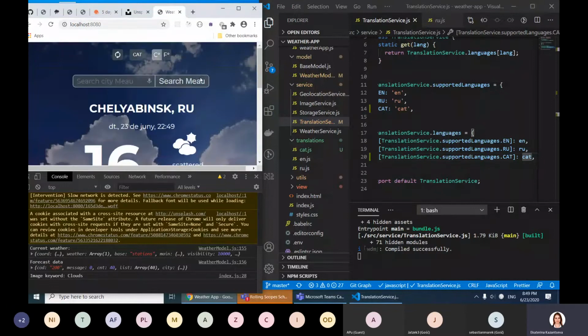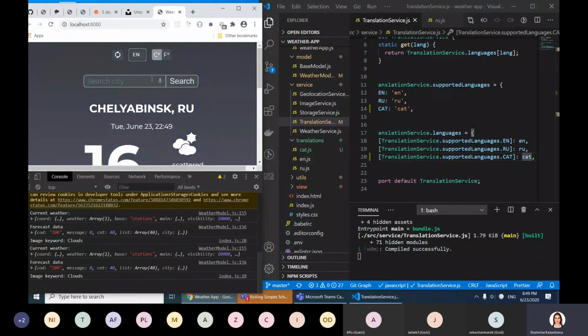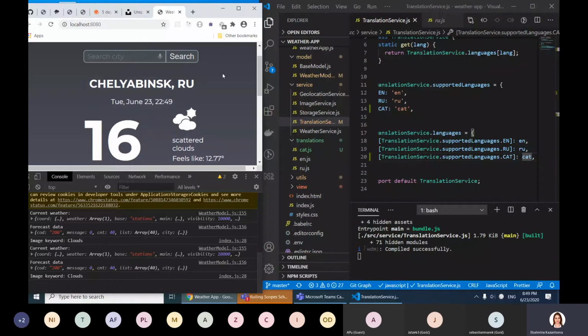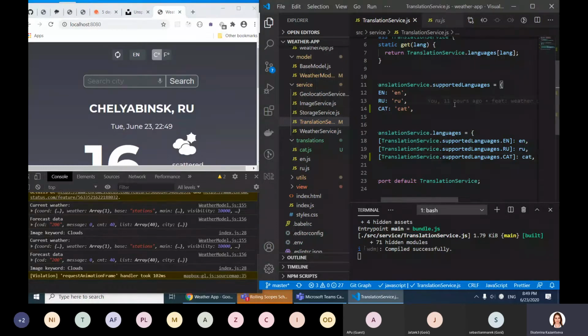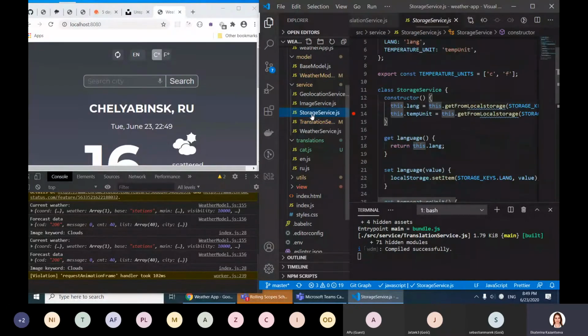So this is just for us to show it's going to be quite easy to extend any translation now, for any developer, once you explain to them the approximate process of having a translation. So that is the translation service. Now let's move on to